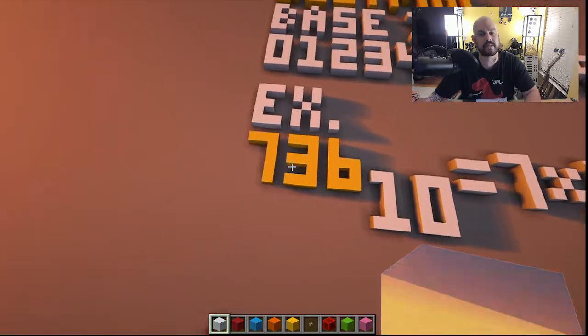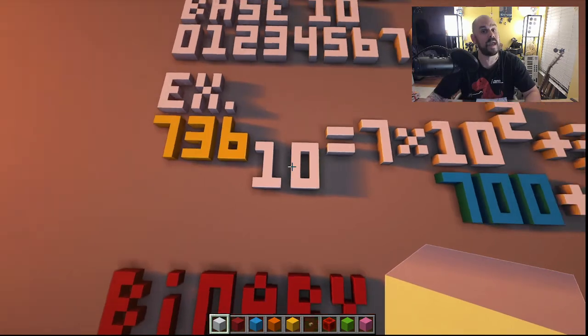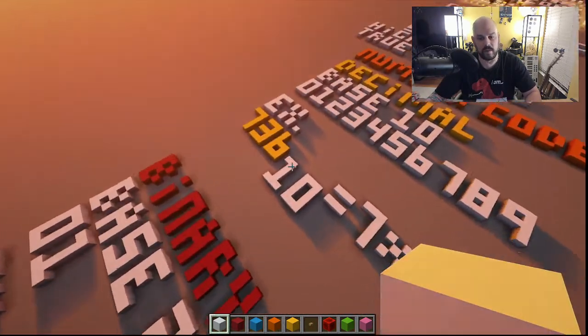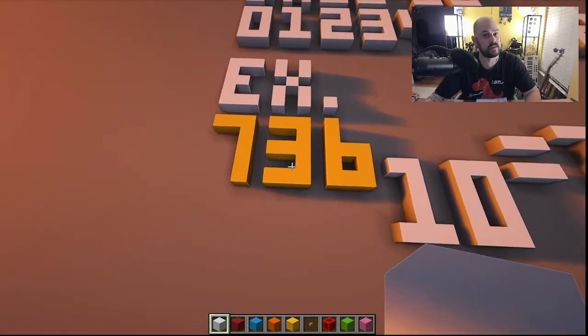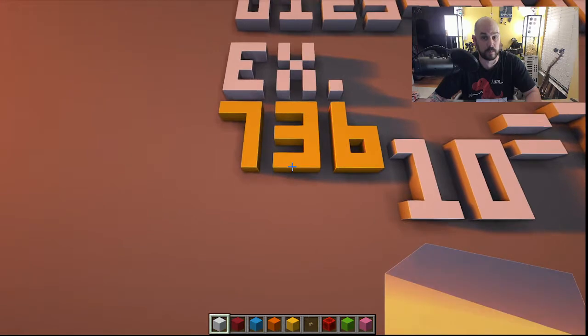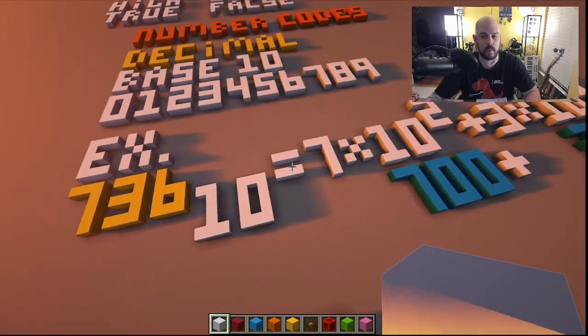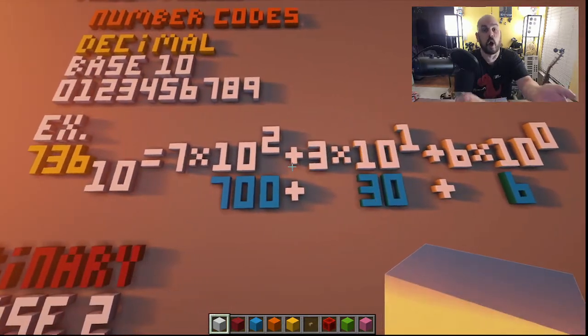So if we have the number 736, and I put the little 10 here to let you know that it's base 10, a decimal system, what that equals is: we've got the ones place, which is the 6, the tens place, which is the 3, and the 7, which is in the hundreds place. What we get over here is like a little equation that helps us show how that number